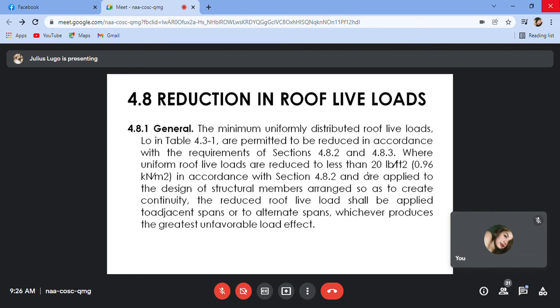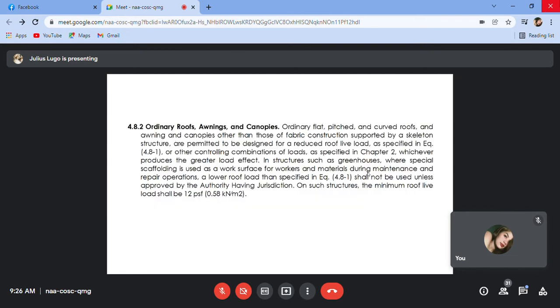Next is 4.2, ordinary roofs, awnings, and canopies. Flat, pitched, and curved roofs, you know the types of roofs. Do you guys know the types of roofing? Have you seen them, or do you have an idea what the types of roofing are? Gable, things like that. You encountered that? Yes, sir. Okay, so we have no problem with those types of roofing. It depends, but if it is just an ordinary flat, pitched, or curved roof,